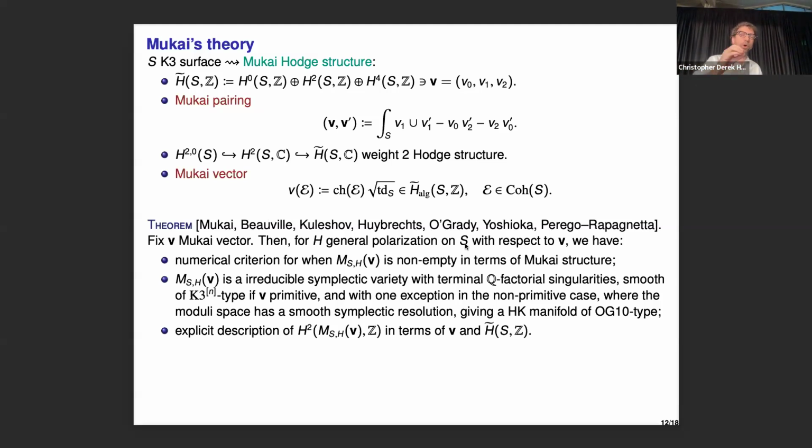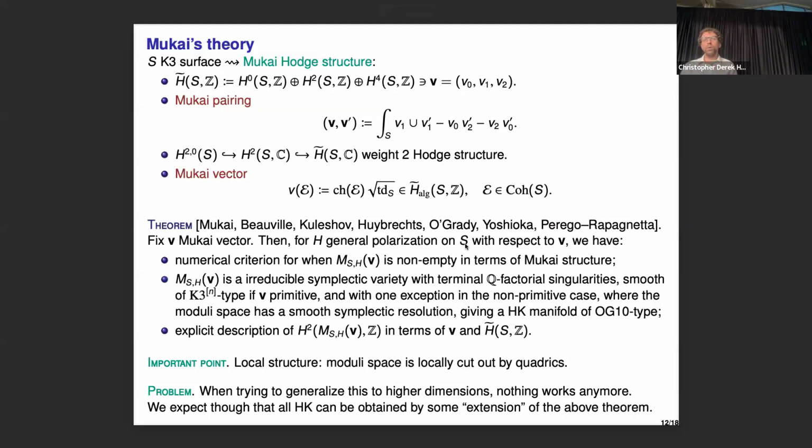But the issue there is that the moduli space is singular, and so the only space of which you have a modular interpretation is the singular O'Grady space. And then by studying singularities, you get a smooth variety, which is exactly the type OG10 that we know. And second thing, this is not super important for now, you can also describe the cohomology of the moduli space. The H2 you can write easily, and this essentially comes from a result of Beauville on Hilbert schemes, but actually you can describe the whole cohomology. This we saw in Julian's talk, and it is due to Eyal Markman. So you can describe the whole cohomology by using the moduli space structure.